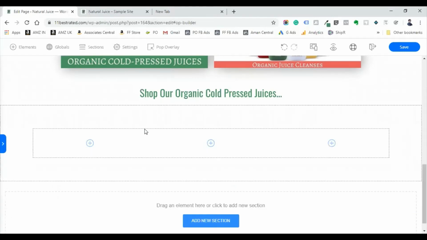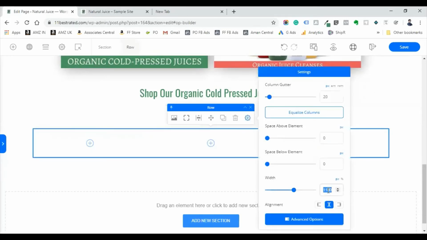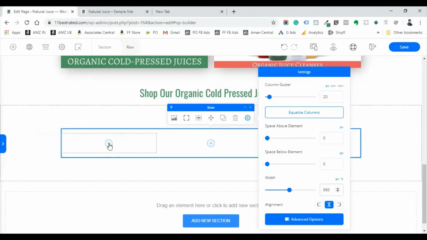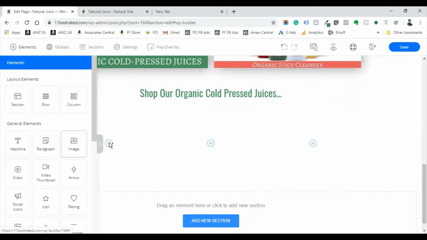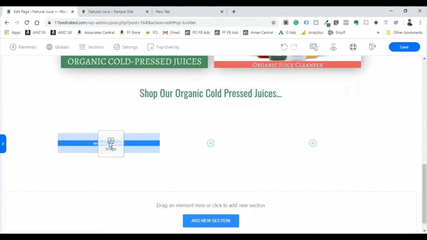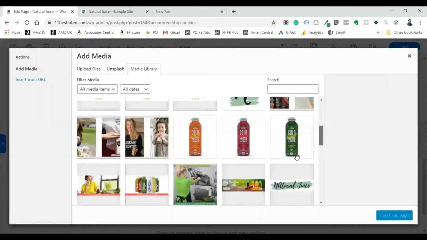This should be 960 pixels. Enter. Now we will add a product image. Click on this plus button. Go here. Select the product image.